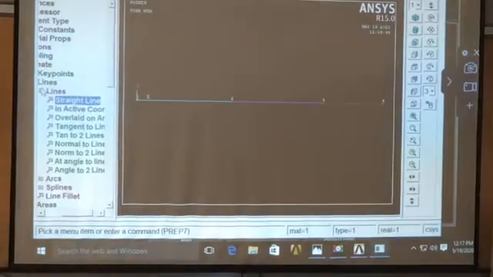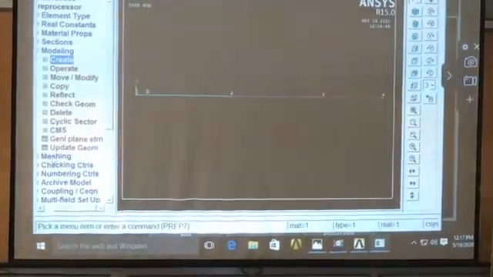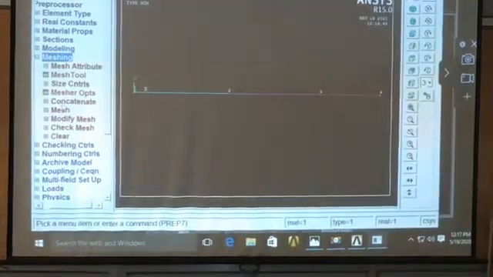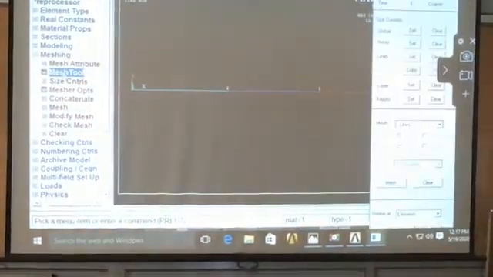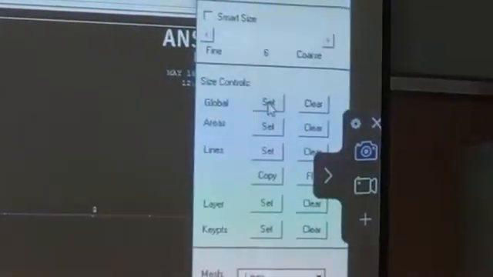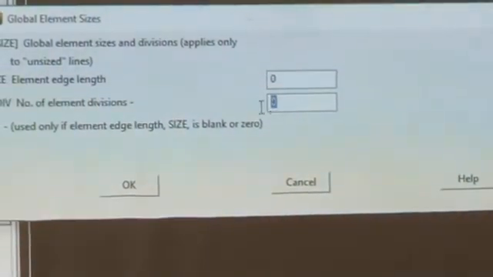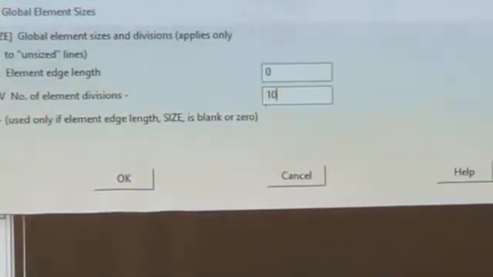Next, go for meshing, mesh tool. In that, you have to carefully enter the global set value, that is number of element divisions, as 10. Okay.